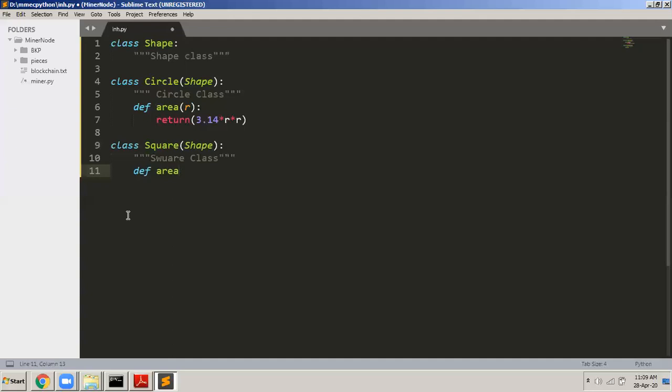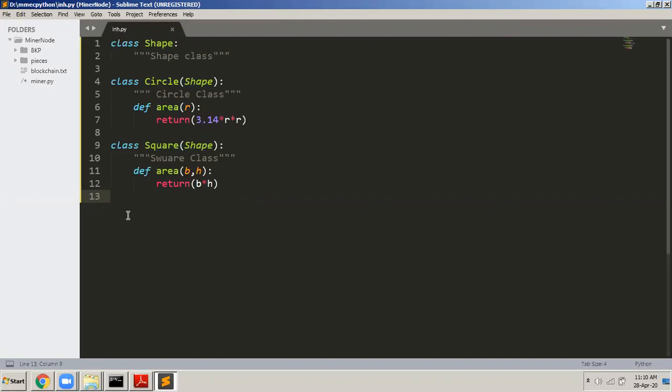Define area, and this area, remember, takes two parameters, base and height, base comma height, and then return. So this is how we do inheritance. So we have defined a base class called shape, and then two inherited classes called circle and square. Circle inherits from shape, and square also inherits from shape.